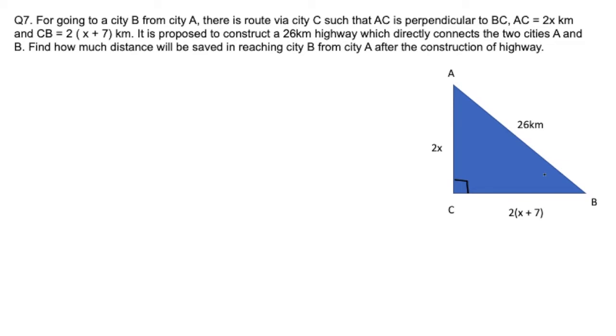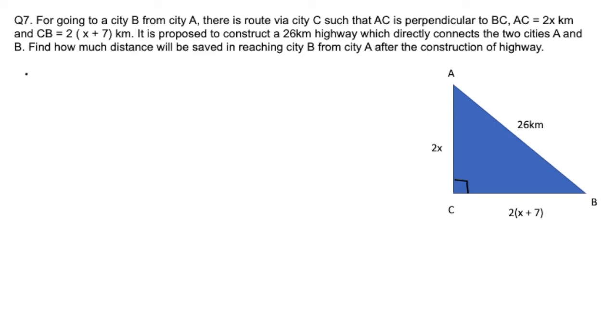किलोमीटर्स है, then it directly connects A to B. So if a highway is constructed between the two cities, then definitely आपका कुछ distance जो है वो कम हो जाएगा. So यहाँ question में यही पूछा है कि कितना distance हमारा save होगा अगर हम city A से city B तक highway के through जाते हैं. तो उसके लिए we have to first find what is the total distance from AC to CB. So let's find the solution for this.